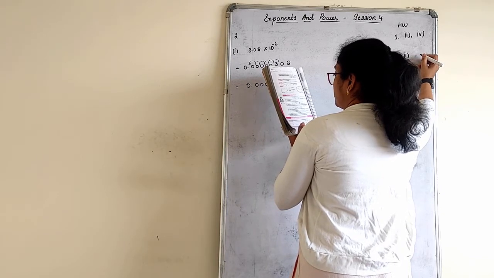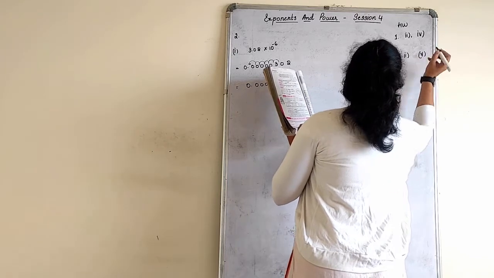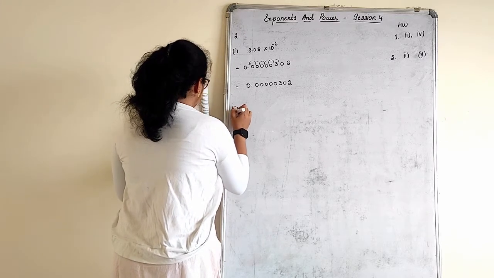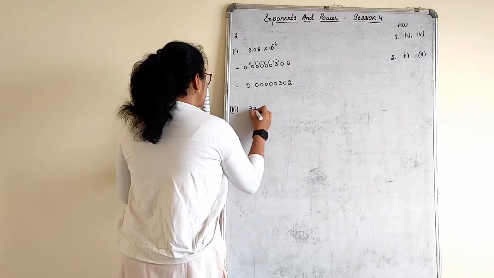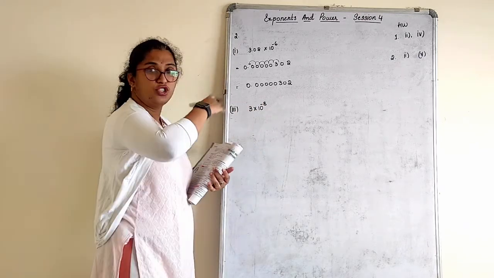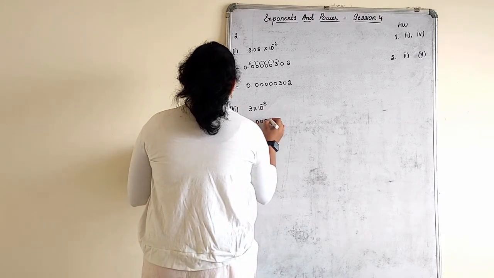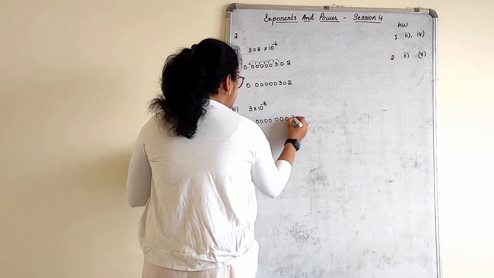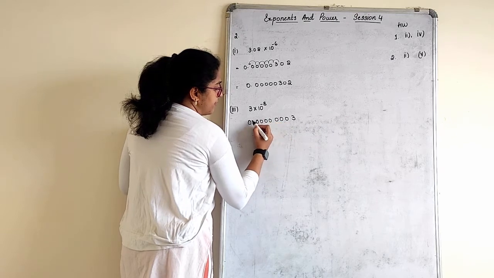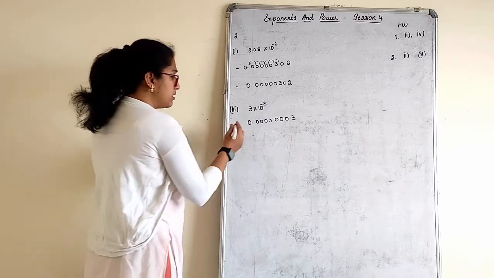Then the fifth one is for homework. Okay, two I have given as homework here. Third one, 3 into 10 raised to minus 8. Now 3 into 10 raised to minus 8. Shift those many places to the back. 0.00000003. Just count 1, 2, 3, 4, 5, 6, 7, 8. Some extra zeros you can add if you want, then put the decimal and remove those zeros.